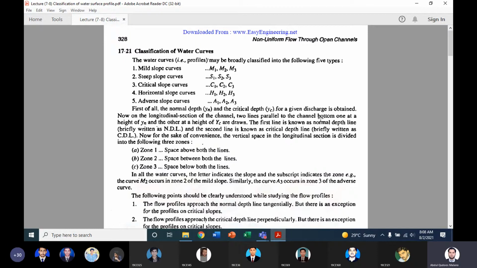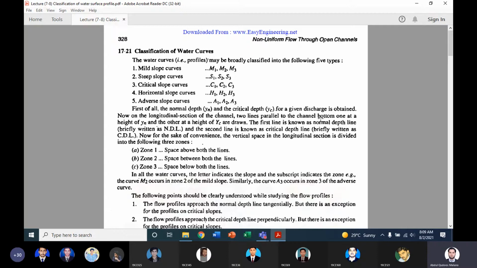Now when you do the practical on the S4 tilting flume, which is the model of the channel, there you can set any bed slope. You can set the slope to horizontal, mild, or even critical. You'll be fixing one discharge, and for that discharge you have to calculate the critical depth, the normal depth, and even the depth of the flow. The depth of the flow is the depth you get there when you are running with constant discharge, okay.